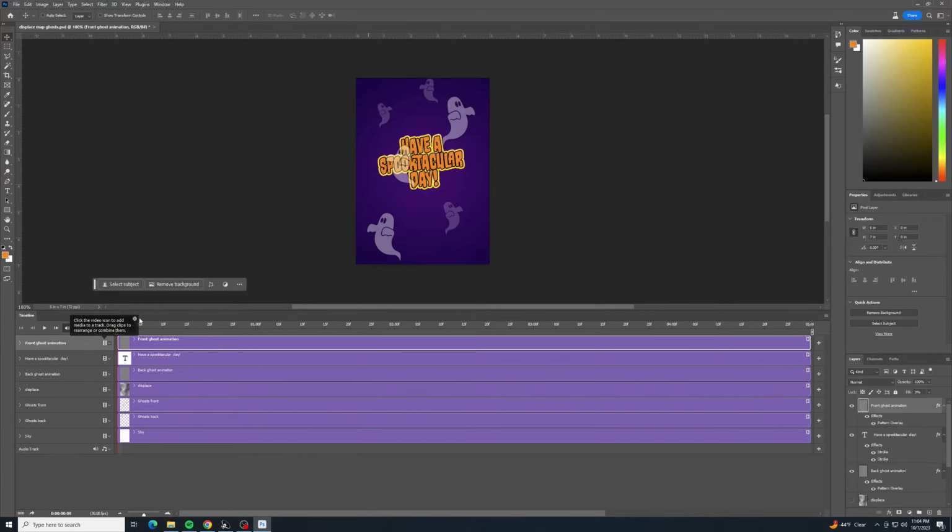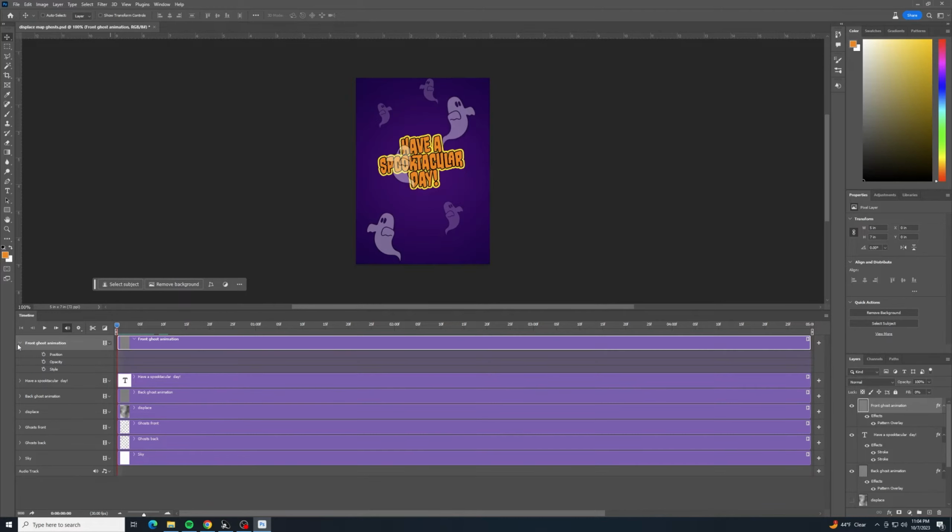So the things we're looking at, we're only going to affect 2 of these layers. Make sure this blue scrubber is all the way to the left-hand side of your timeline. And then we'll go over here to Front Ghost Animation. I'll click this little arrow, and we want to select the stopwatch for style. All right, once that keyframe shows up, then we'll bring the scrubber all the way to the right,